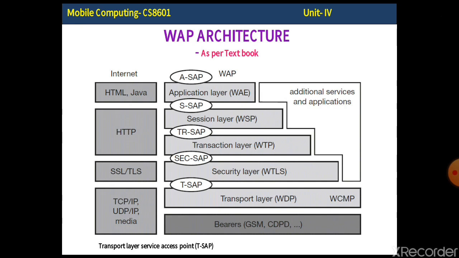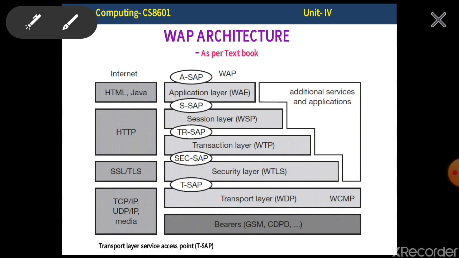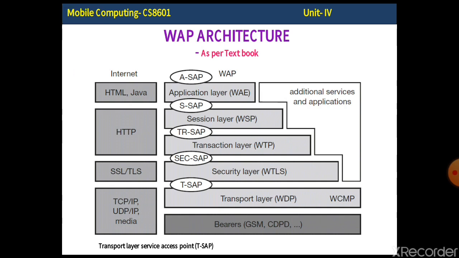The transaction layer will handle the HTTP request and response related services with the help of the wireless transaction protocol, that is WTP. And the session layer will have a special protocol called wireless session protocol, that is WSP. So it will manage the connection-oriented and connectionless services. The next one is the top layer, the application layer, which consists of the wireless markup language and markup language scripts